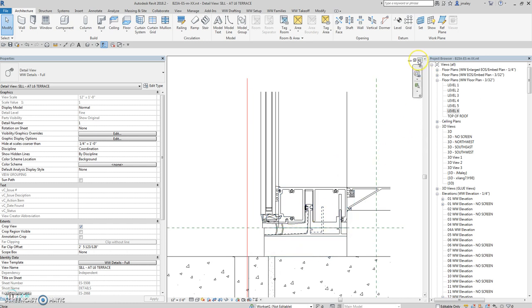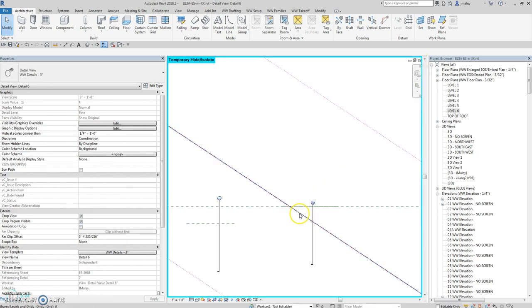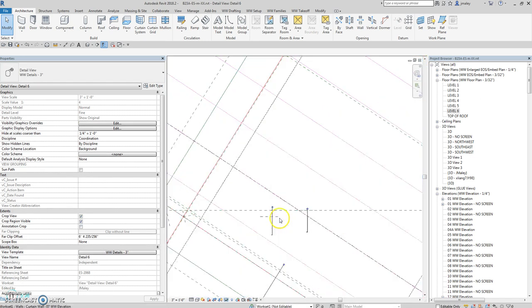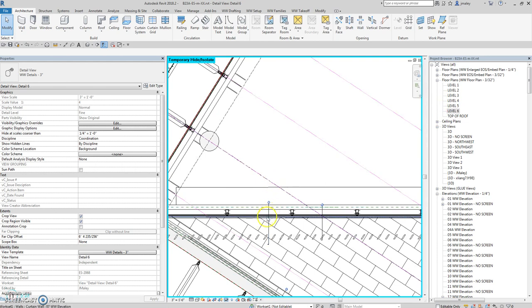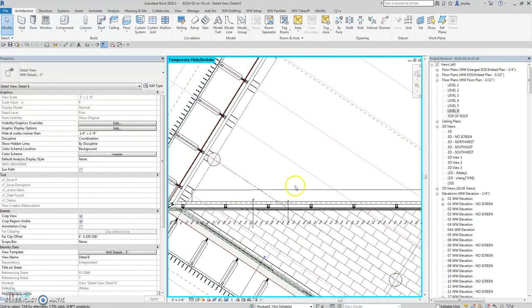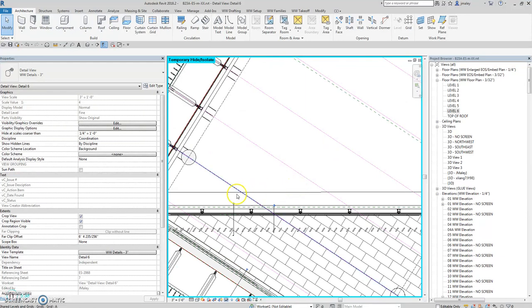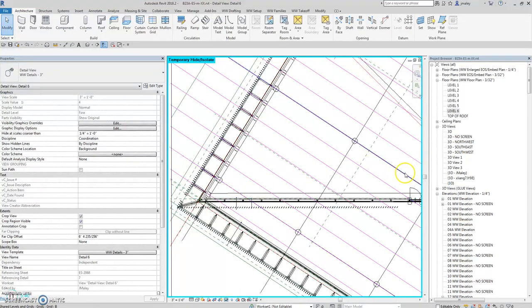Problem is solved. Of course, now basically all my section cut details that were on this elevation, I'm going to have to rotate and fix the same way, but it's still better than having to make all new detail cuts. And I get to keep all my annotations and everything like that. So, yep,